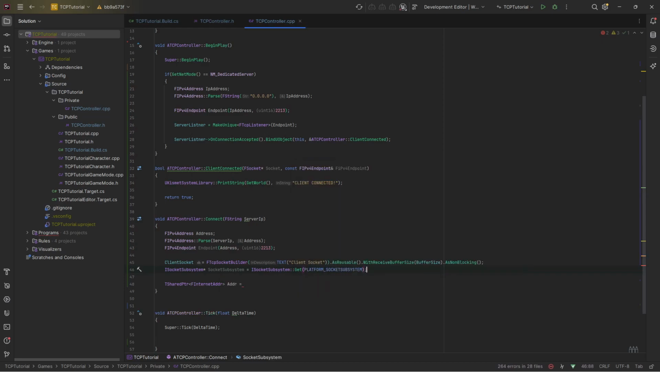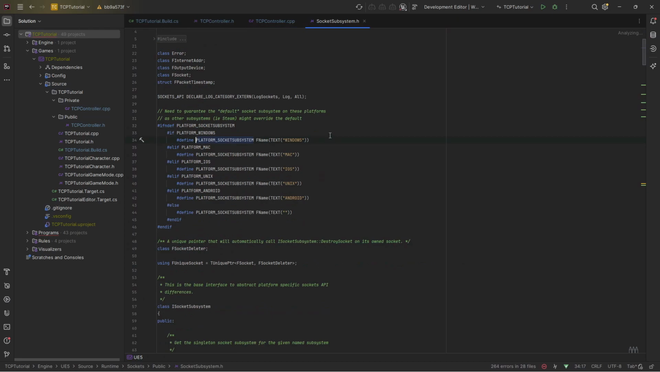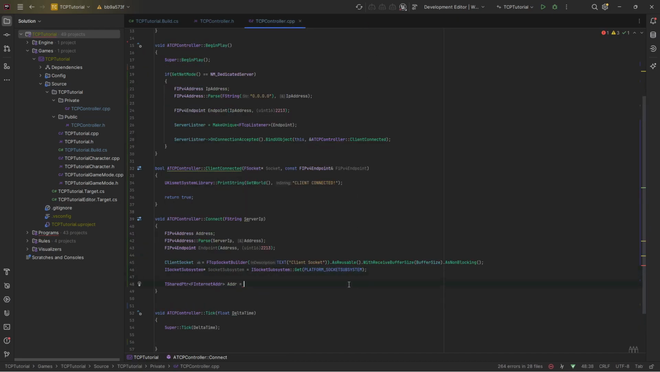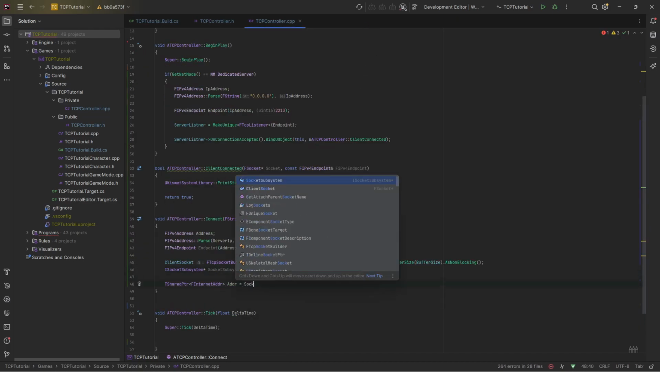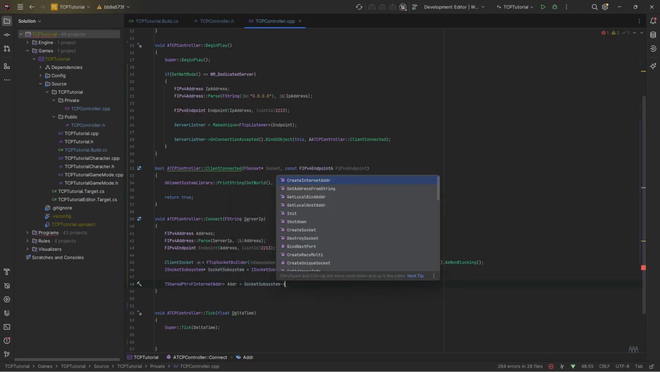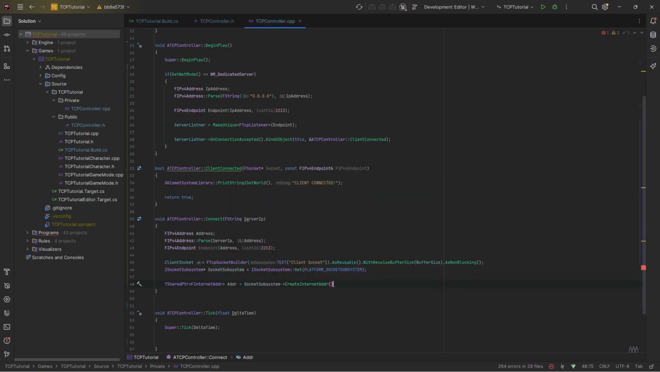Socket subsystem. If we enter here, we can see that it's basically a set of macros, and if we are using Windows, it will get Windows. If we are using Mac, it will get Mac, etc., etc. Now, get socket subsystem, create internet address,